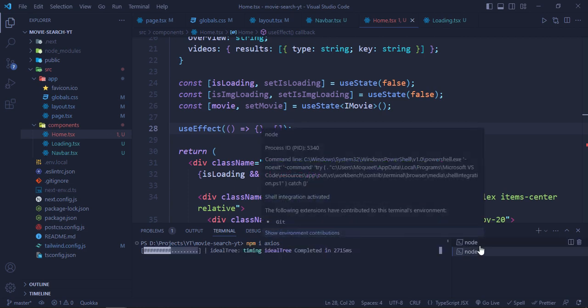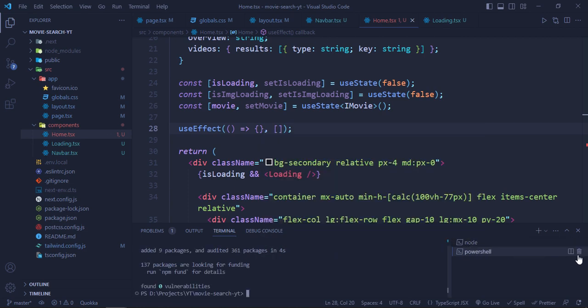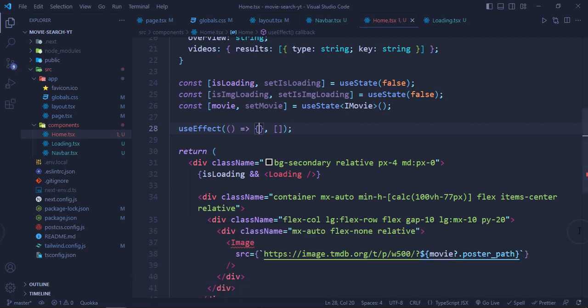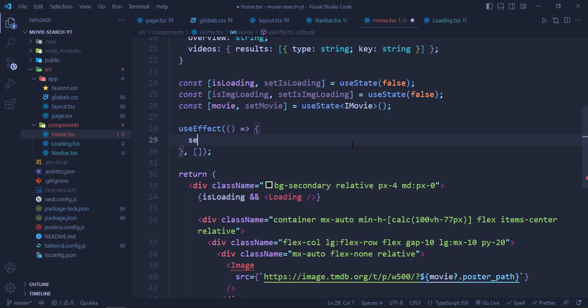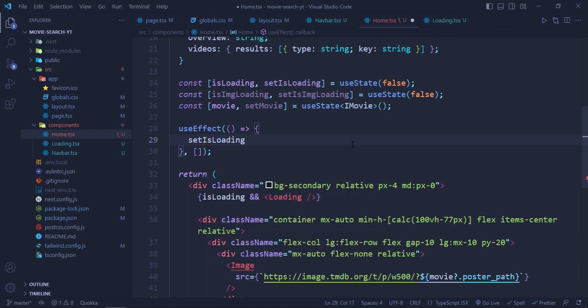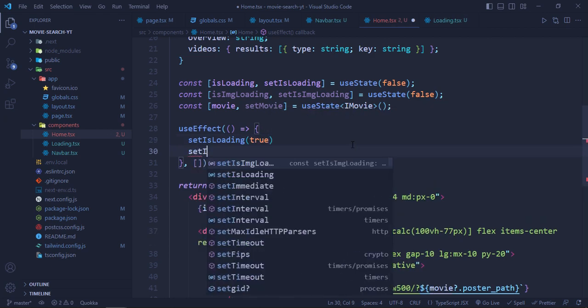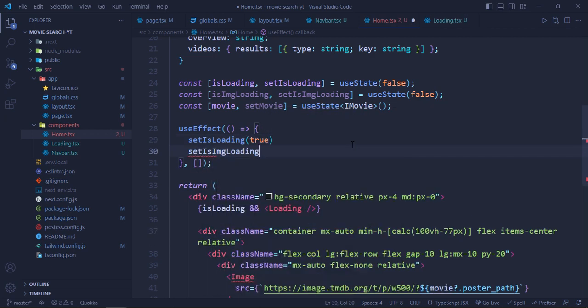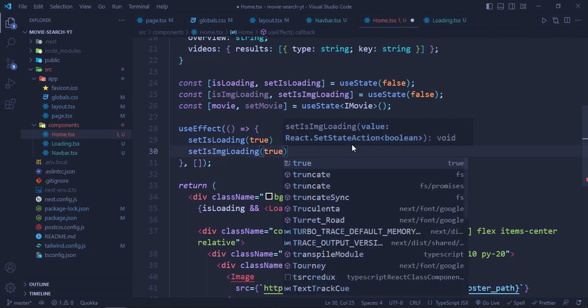Okay, so it's installed, so we can use Axios now. But before that, we are going to do setIsLoading to true, setIsImageLoading to true, both to true,